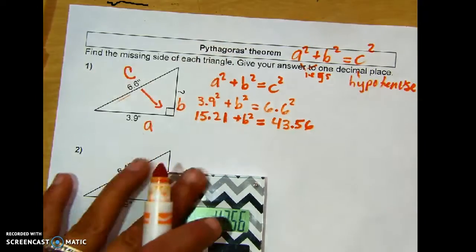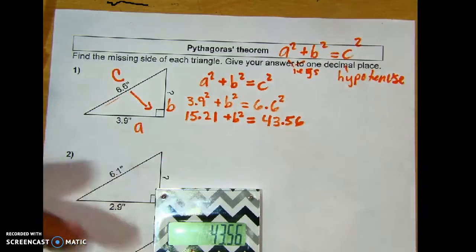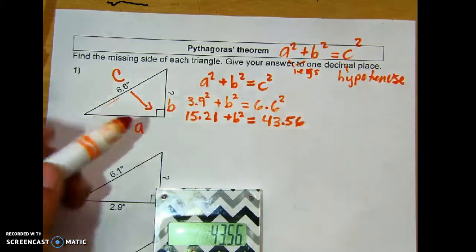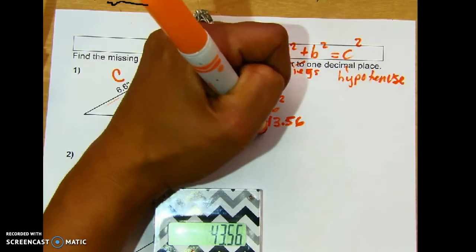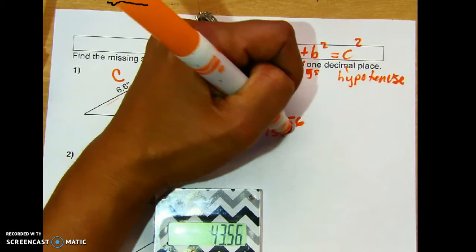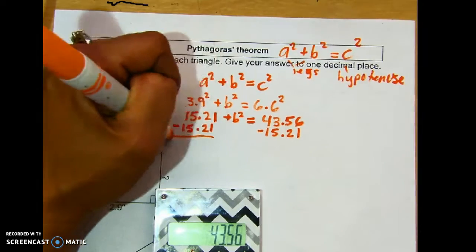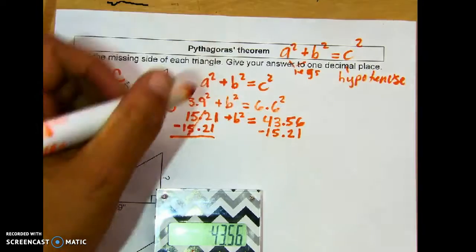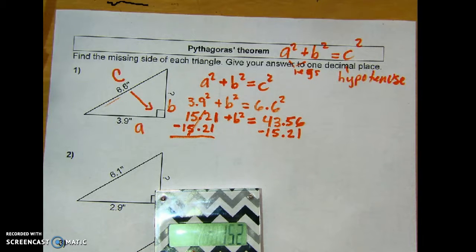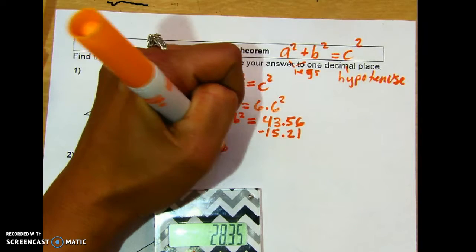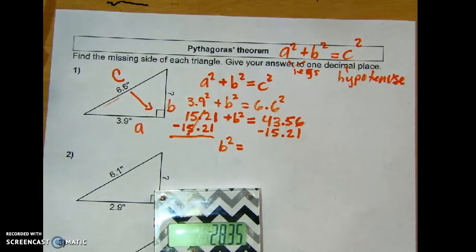So if you remember, when we're trying to isolate a variable, which means get something by itself, we can do the inverse. That way we can cancel it out on that side and bring it to this side. So I'm doing the inverse of addition, which is subtraction. That will cross out. In this case, I'm going to get 43.56 minus 15.21, and that's going to give me a total of b squared is equal to